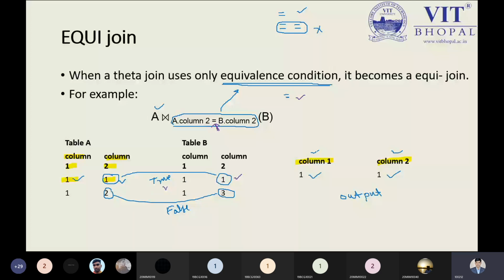Now this is the information. We can't say A and B over here; it is just the resultant information. But this column 1 and column 2 belong to this part. This is the point you have to keep in mind. It is matching, so we are done here. Now 2 is equal to 3, the condition is false, so it is not coming over here. So this will be our resultant output.